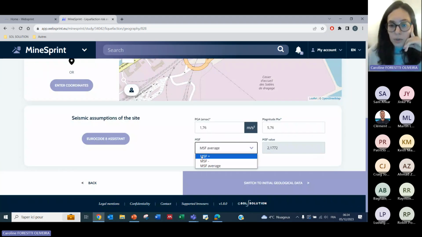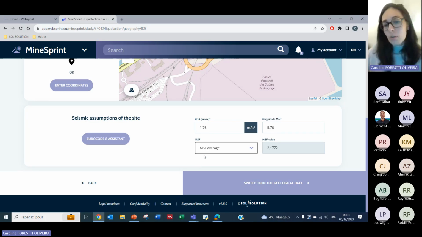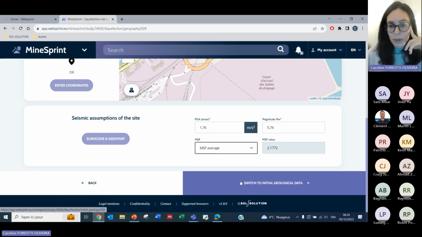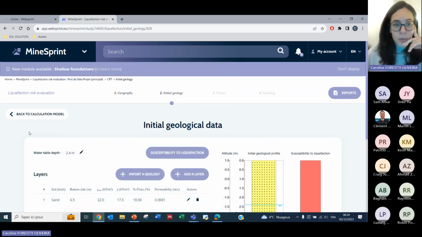And then you also can choose the magnitude scaling factor. There are different estimations, let's say, ways of correcting this magnitude. There are values that will be overestimating, underestimating, and actually an average value. I'll be using an average value. Actually, the models we'll be applying are different, so you can choose that. And then you'll be